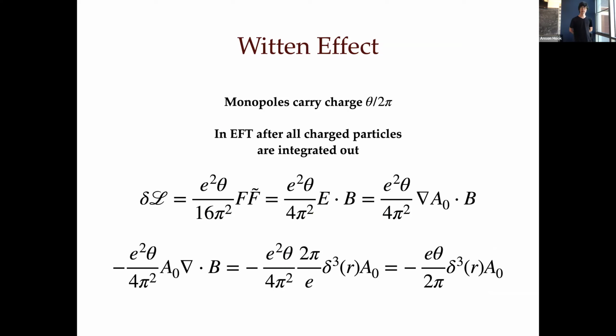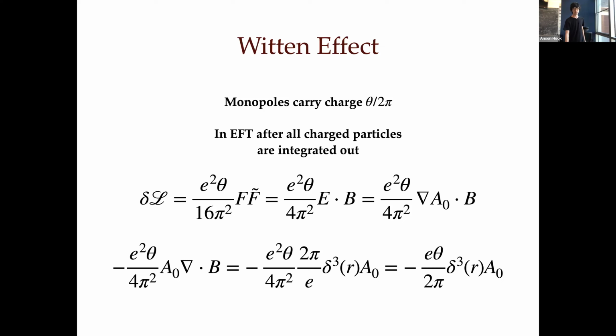The next thing that I said I liked about monopoles was the Witten effect. The Witten effect is the statement that monopoles carry charge theta over 2 pi. The easiest way, a very quick classical-ish way to calculate this, is you go to very long distances, and you take the FF tilde term, which is where theta appears, write it as E dot B,